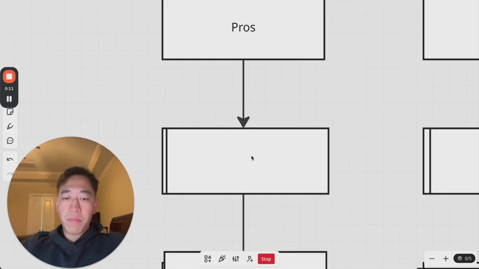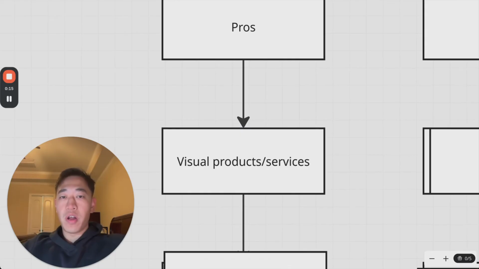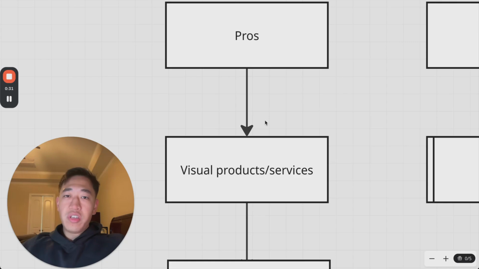So the number one pro of using Facebook ads is if you have a visual service or a visual product you're trying to sell, for example, pools, kitchen remodels, bathroom remodels, anything very physical looking, and you can appeal to the eye, you need to be using Facebook ads because for the most part, they're going to differentiate and you could call out your audience from the specific creative that you use alone.